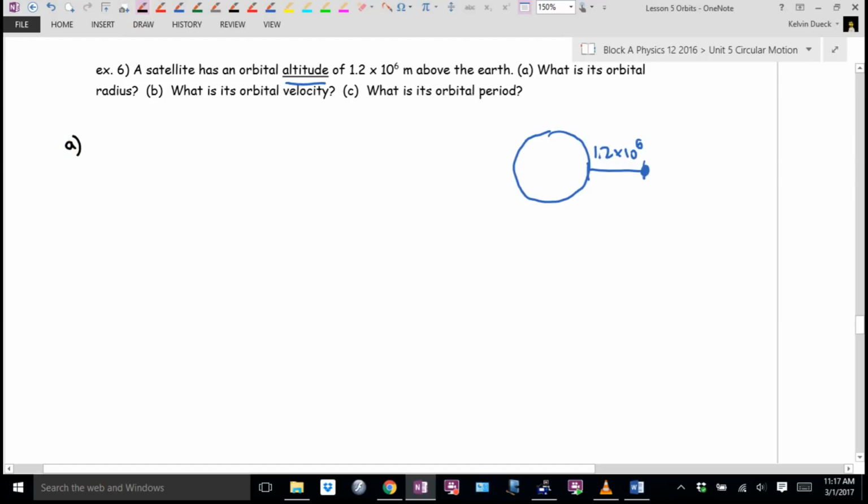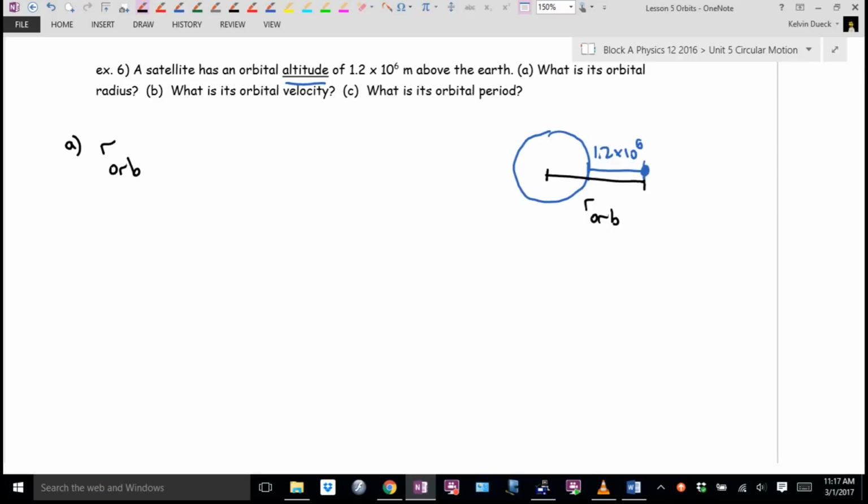What does A want me to find? Orbital radius. How can I find orbital radius? In my picture, that's the orbital radius, and that's the one we need to use in our equations. How can I figure out how far it is from the center of the Earth to where the satellite is? The orbital radius is going to be the radius of the Earth or the moon or the sun, whatever planet you're orbiting,